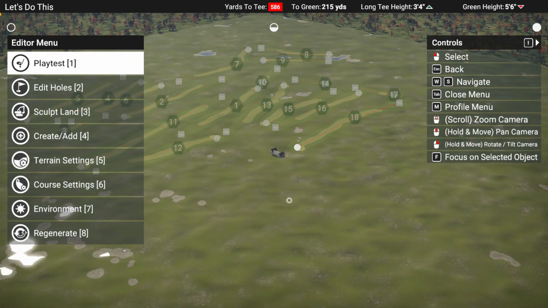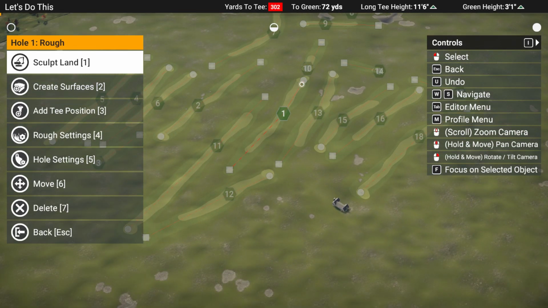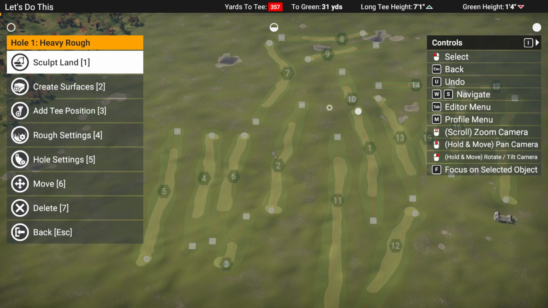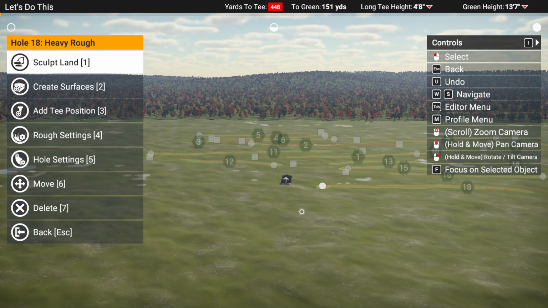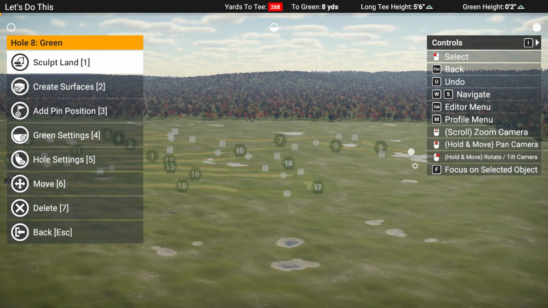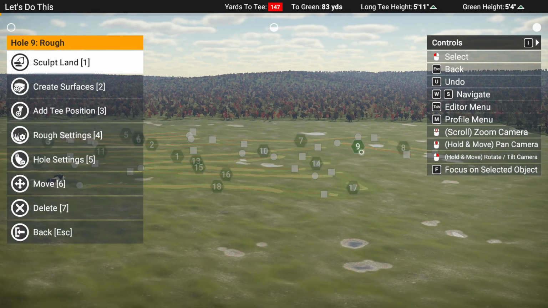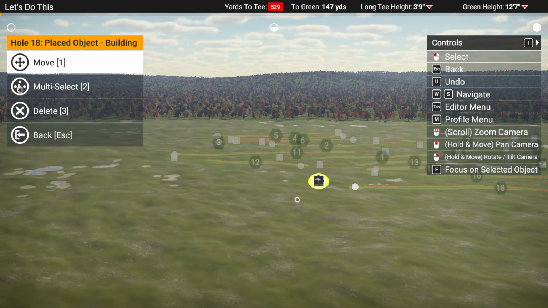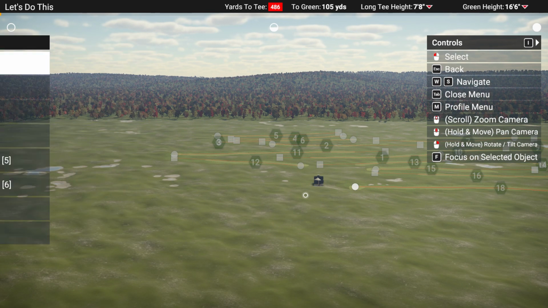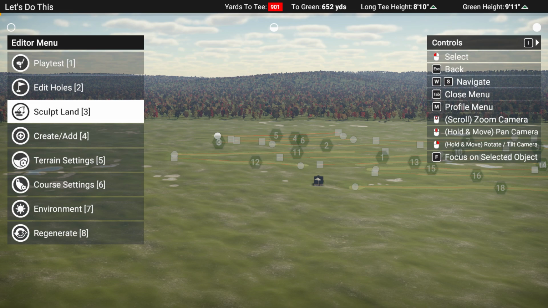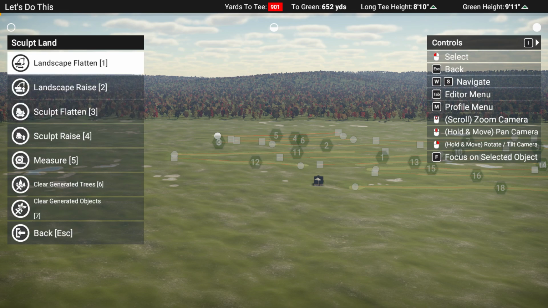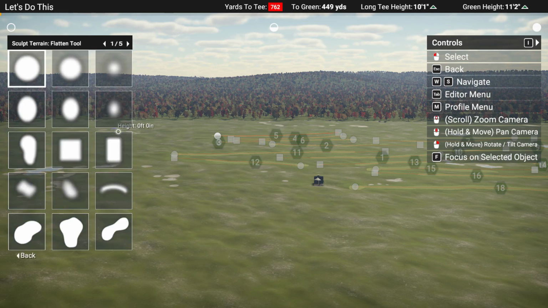So here's my 18 that I've been working on. Here's one, it's the same as number 2 as the yardage out there. My course, like I said before, has a highest point of about 75 feet up. This is about 10 feet to sea level, and my clubhouse is at 65. So knowing that my clubhouse is at 65 feet, and this is 75 feet, and I already have water down there, which I know is about 0, I go to Sculpt Land, I go to Landscape Flatten, and what I think